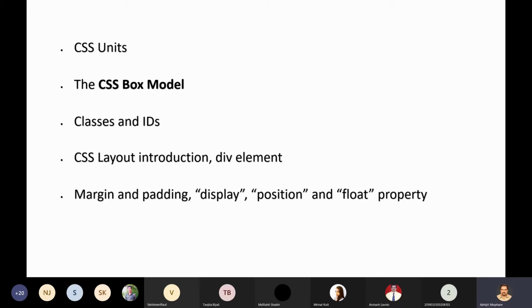Then, the second thing, we will cover the classes and IDs. We have seen the element reference. We can access the HTML element in the CSS document with the element reference. But I have also told that there are other ways also. These are the two most frequently used ways: accessing the HTML element in the CSS document with the class reference, and accessing the HTML element in the CSS document using ID reference. Both of these are important, and using these we will be working most of the time.